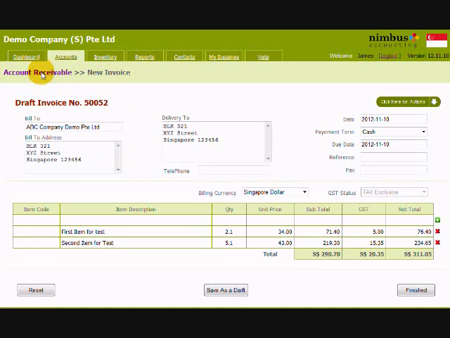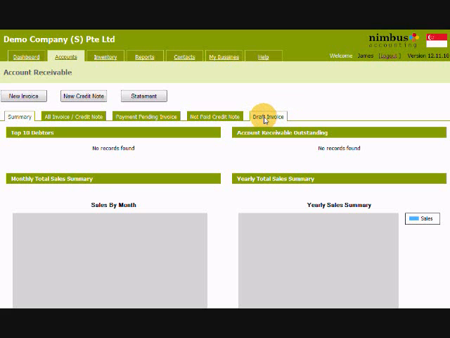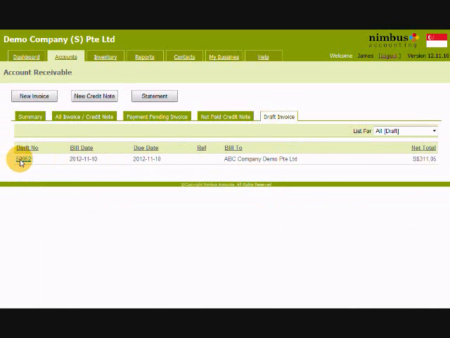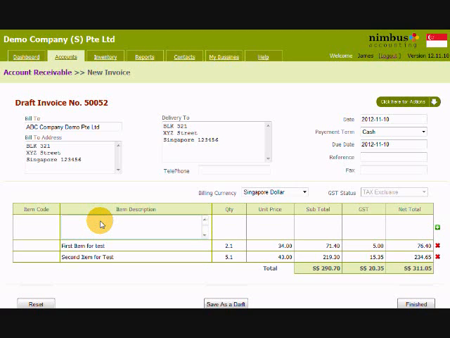So I will go out from the new invoice. So let's say again, once you draft, nothing is calculated, it's just a draft, in draft invoice. So this is your draft, so you can open the draft again to do any amendment again. So my customer asking another item, so I will add